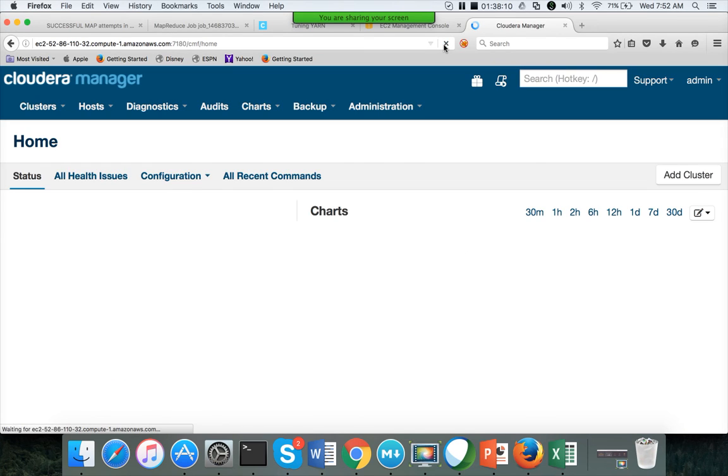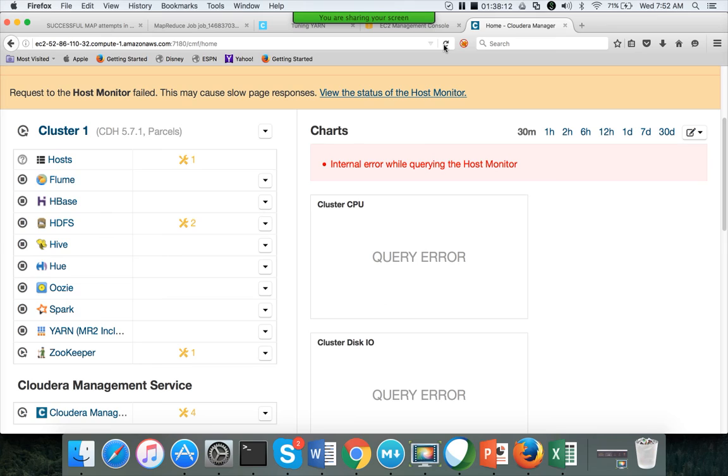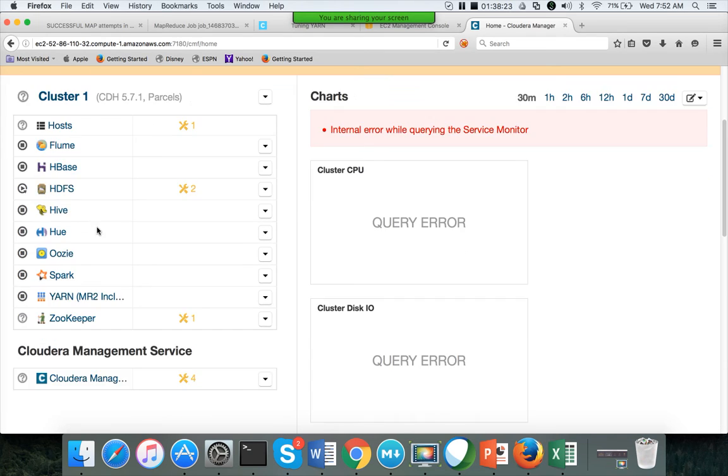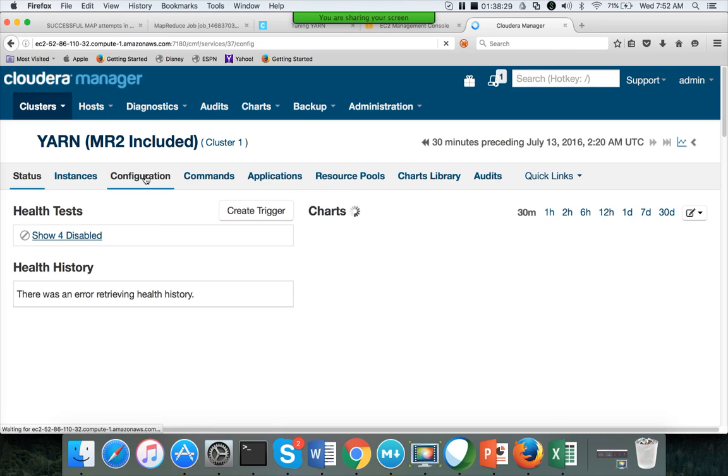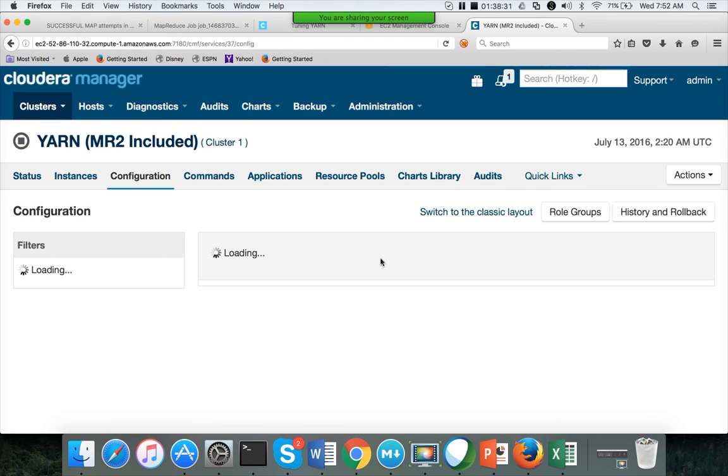what the XML file name is, and what the important parameters are that can be viewed from a single node cluster. Even using the Cloudera Quickstart VM, you will be able to determine this. In this case, we are talking about YARN. So click on YARN, go to configuration, and search for scheduler.